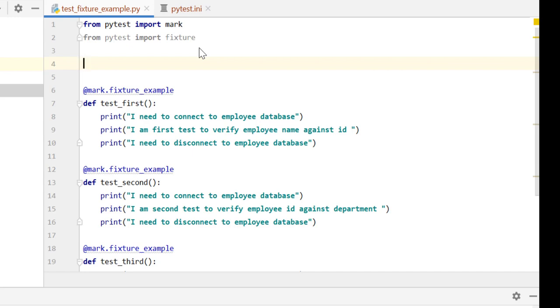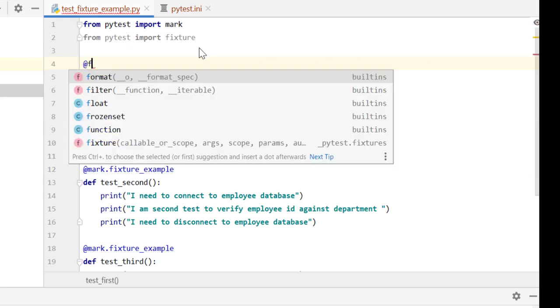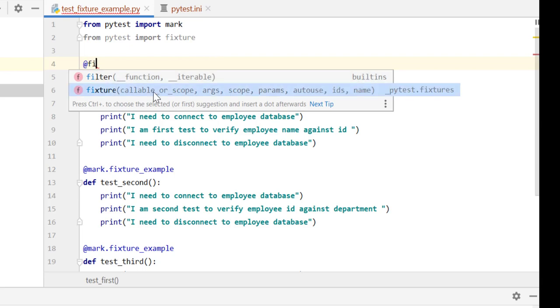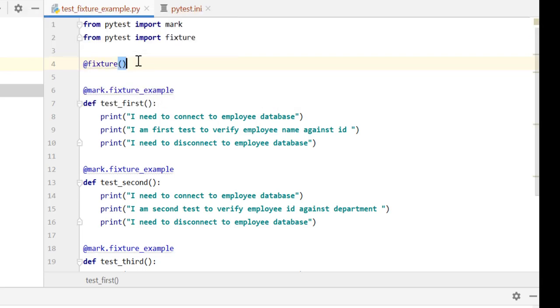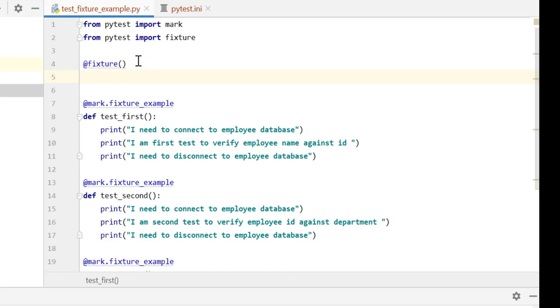To describe a function as a fixture, we add the fixture decorator. Let's not fill in anything for now, and the function below will be taken as the fixture, and whatever common activity we are doing, we can move to this function.